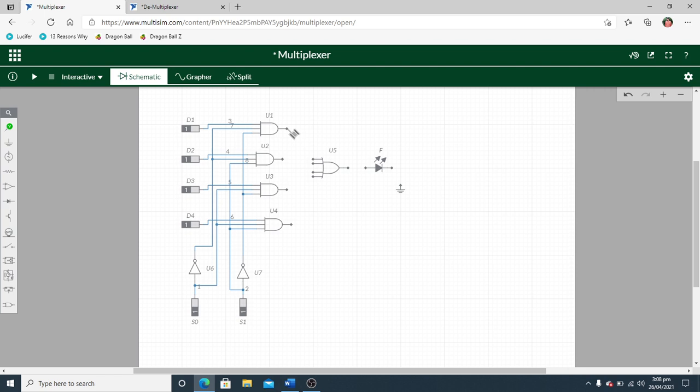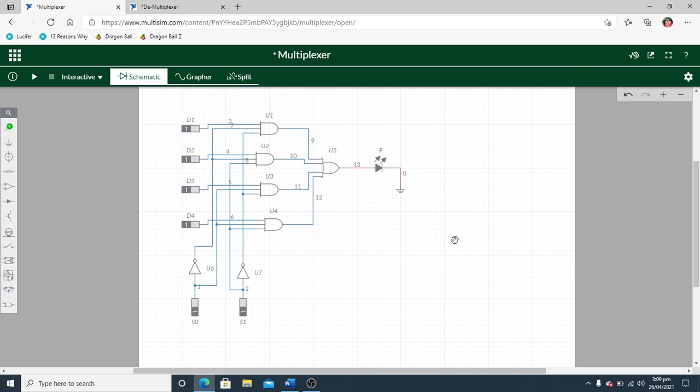Now we will join the AND gates with this OR gate, we will join this OR gate with this LED, and this LED with ground.